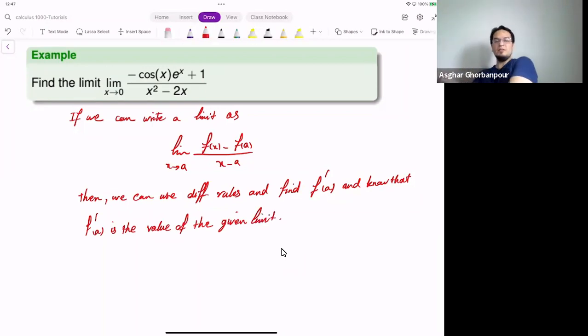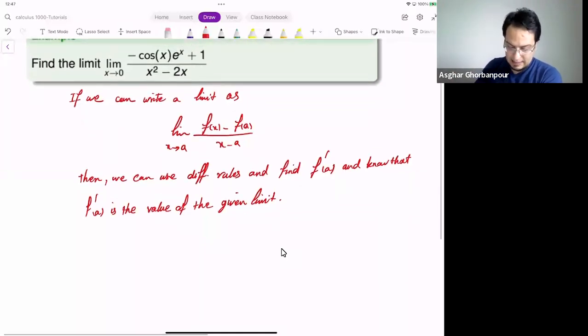So wherever you can write a limit as the limit of a function at x minus a function at a value, over x minus that value, as x approaches that number, we say that's the definition for the derivative. I can do the derivative from a different path: I can use differentiation rules and then evaluate that function. For example, in this case,